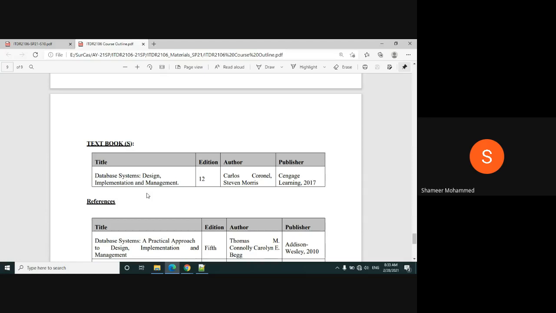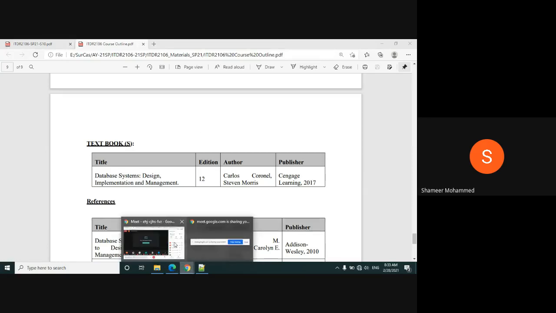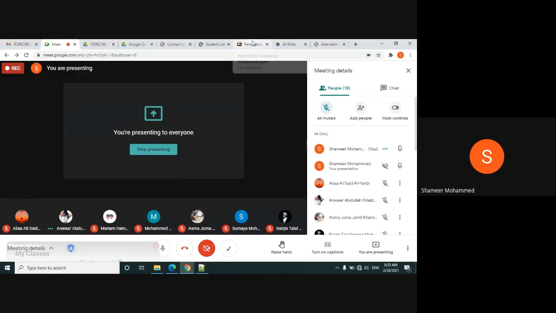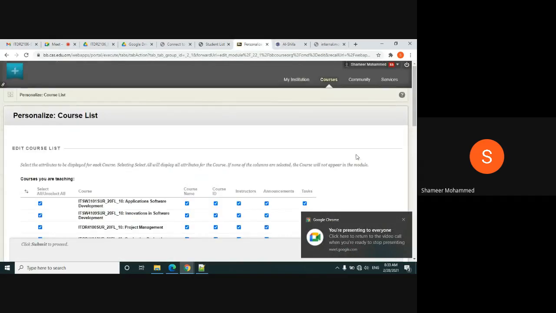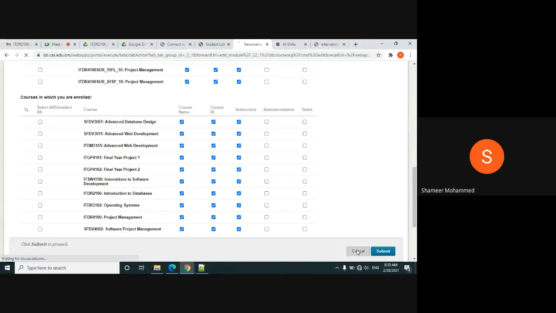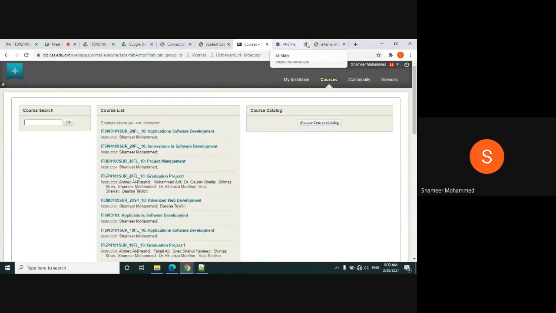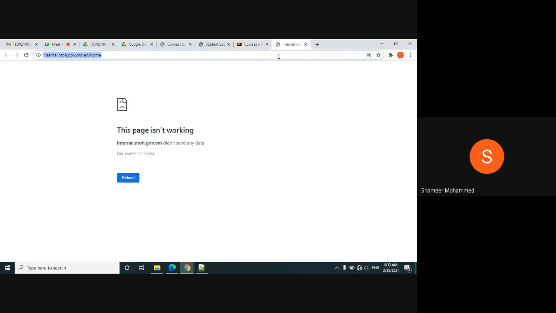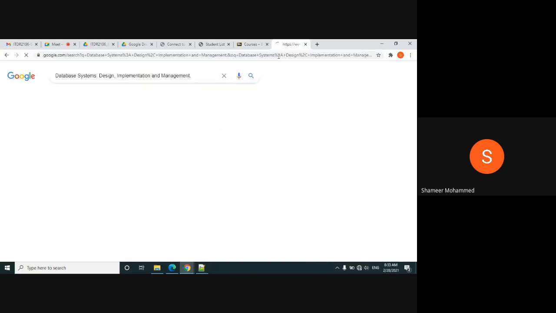Or if you have access to our Blackboard, in the Blackboard also you have textbooks. You can just type the name of the textbook on the internet, and you can get it.